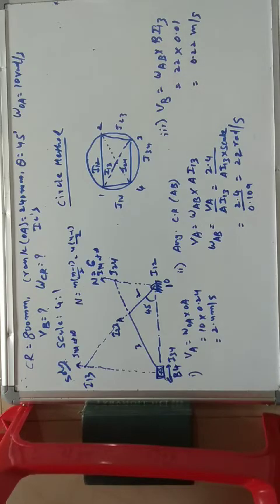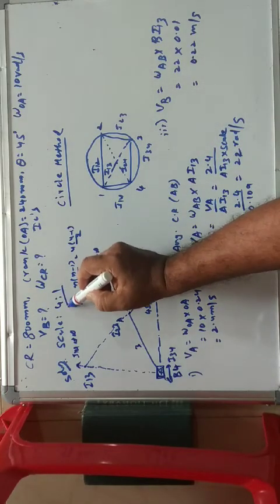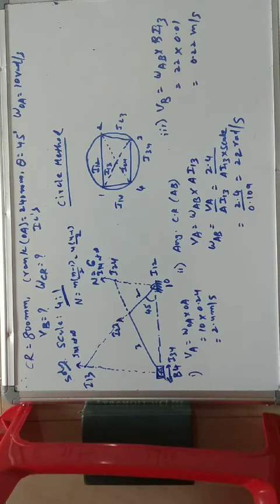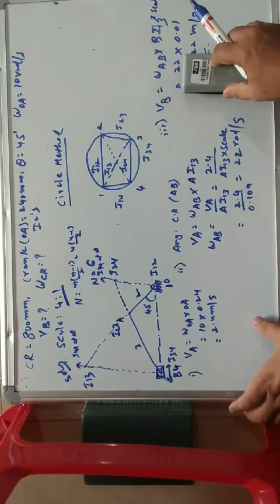One important thing to keep in mind is that whenever you are multiplying, don't forget the scale you have considered. You can take the scale of either 4:1 or 5:1 depending upon the space requirement. Finally, whenever you are multiplying, don't forget to multiply the scale value here. At the same time, here also you have to put the scale value, so that the value will be correct. Okay, right.